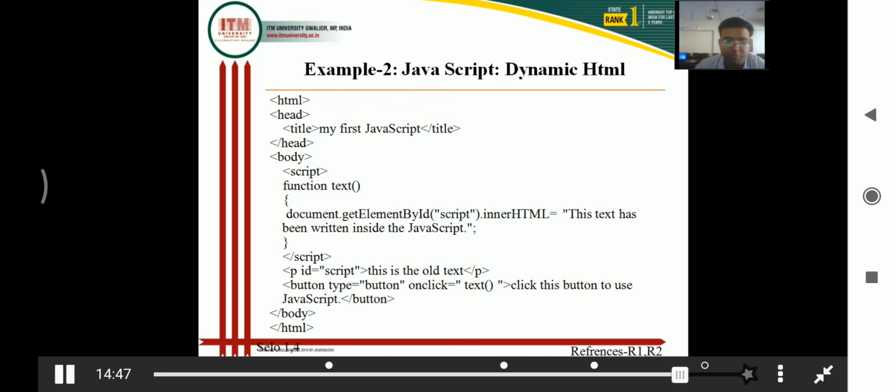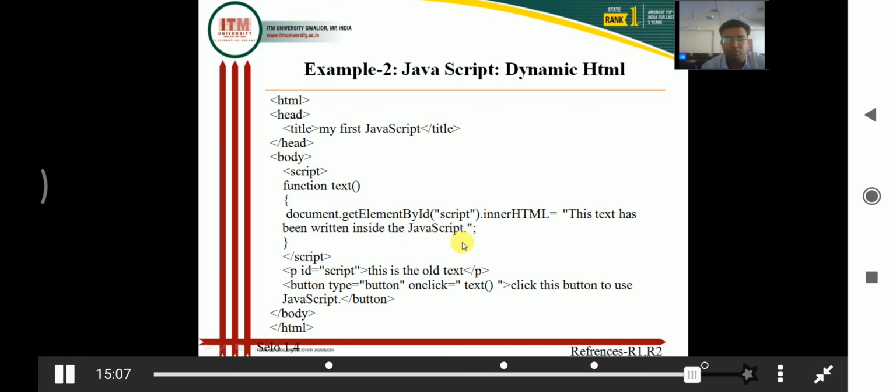So using document.getElementById, we are printing on the paragraph, and for that I have used innerHTML. innerHTML gives you a place to write the new text. And what text do you want to write? This text has been written inside the JavaScript.